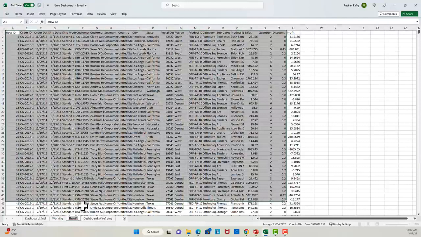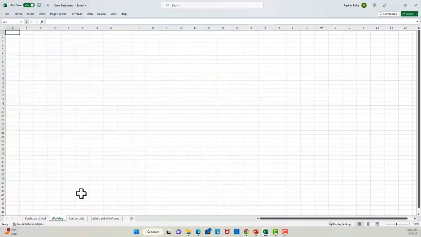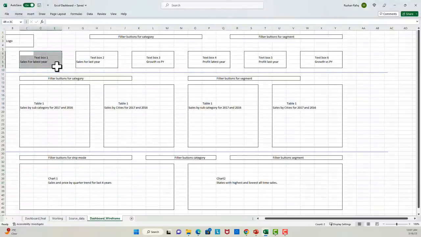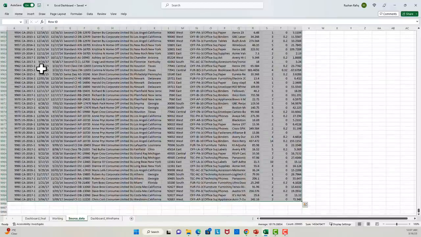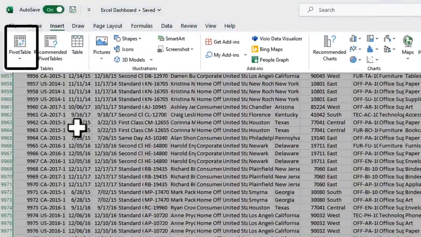Plus, I will also rename sheet 1 as the source data. So first of all, I'll need to set up a pivot table that shows me the data for the top 6 boxes. That is sales for the latest year, sales for the last year, and the profit numbers. So let's do that. I will go to the source data, select the entire data set, and add pivot table